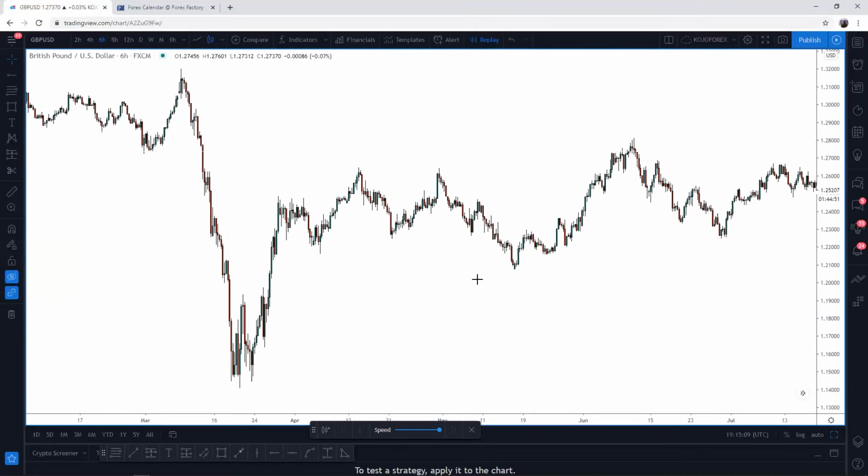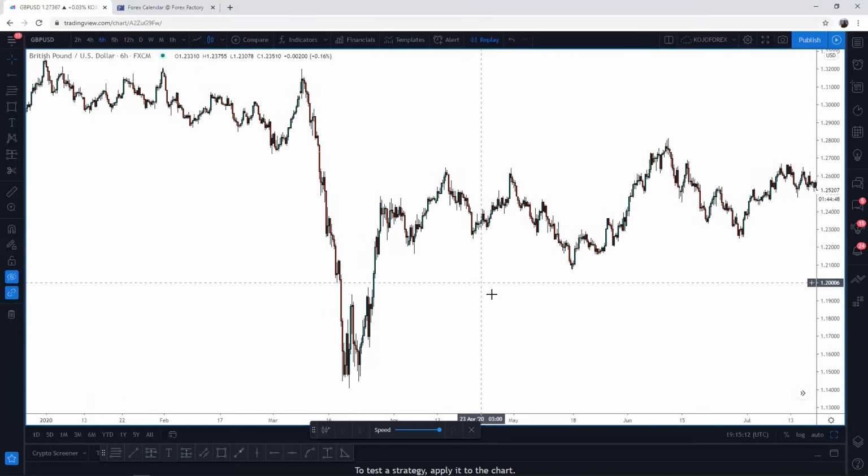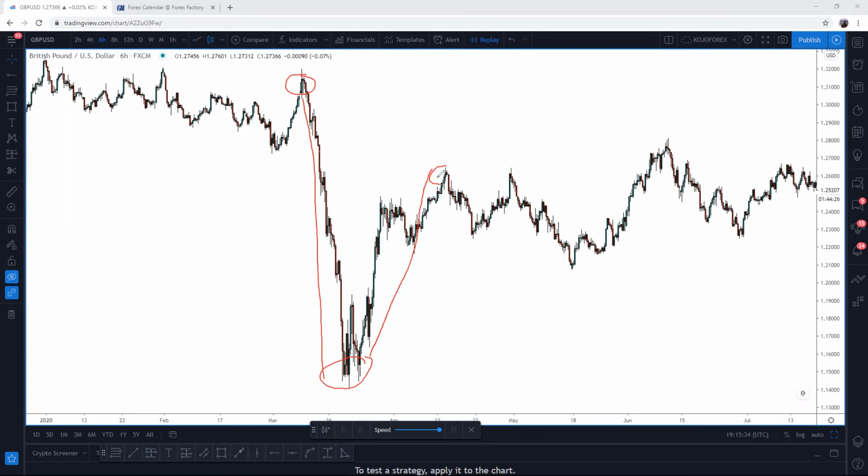So if you're looking at this, I'm currently on the 6-hour time frame, and I just want to show you guys a clear concept of what I meant when I was talking about the market's overall directional movement, right? So if you look at this, you can clearly see that this was this market's turning point, all the way from this top, and then it traded massively onto the downside until hitting this point, and then there was an abrupt reversal back into this range, a turning point here into this point, a turning point here into this point, and then the next turning point into this range, and then it continued all the way down and is currently running up at this point.